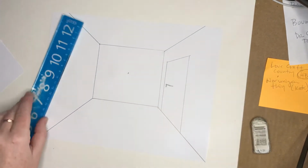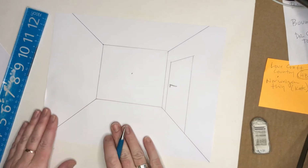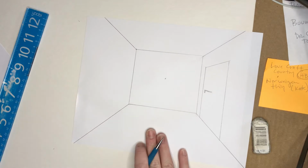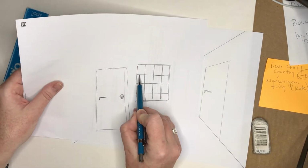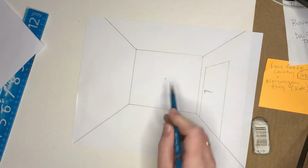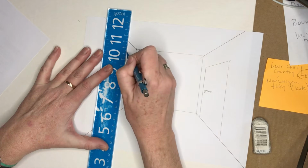Okay. Kind of looks like it's going the wrong way. I think it's going the wrong way. But you get the gist, right? So over here, I'm going to do a window like this. And just like I did on the door, if it's horizontal in real life, it's going to go to that point. So I'm going to put this kind of up high on the